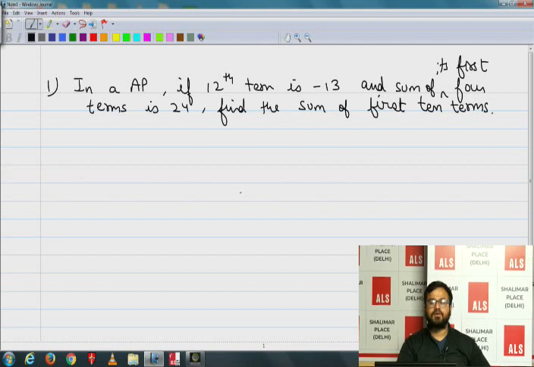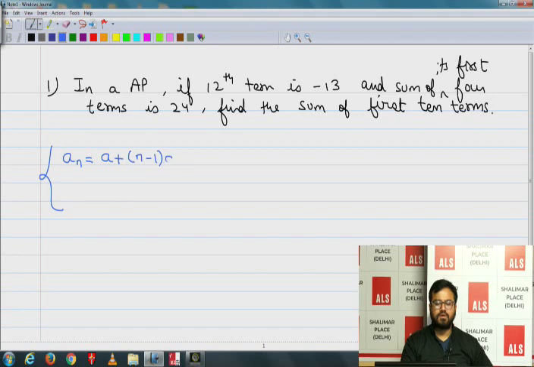This question is from arithmetic progression. Let me tell you the formulas which we have to use in this one. The first formula is for the nth term, which is an is equal to a plus n minus 1 d, and the sum of n terms is equal to,